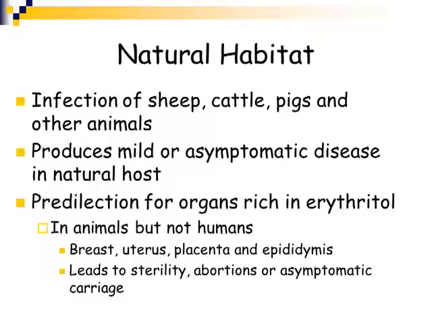Now, in its natural habitat, Brucella will infect animals: sheep, cattle, pigs, dogs. It will produce very mild symptoms in these animals, or it's completely asymptomatic. The Brucella tend to have a predilection for organs that are rich in erythritol. So in animals, these are the breast, the uterus, the placenta, and the epididymis. So in animals, brucellosis leads to sterility,